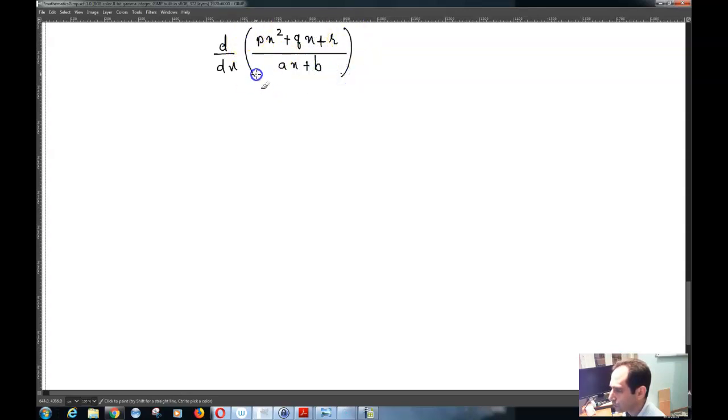And then the rest of them are basically the same story. For example, number 9 is just the reciprocal of this function, meaning that you want to find d by dx of px squared plus qx plus r over ax plus b. I want to find the derivative of this function. So based on the quotient rule,